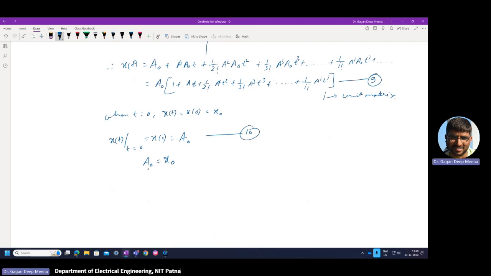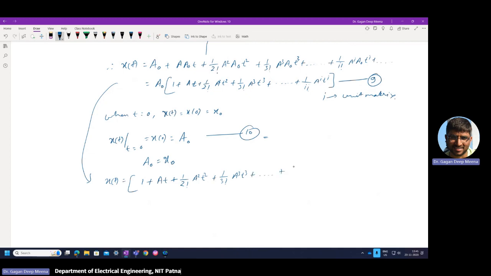The initial condition is nothing but a0. So now if we use this information from equation number 10 and substitute it into the solution of equation number 9, then we will have a reworked form of x of t, which is x of t equals 1 plus A t plus 1 by 2 factorial A squared t squared plus 1 by 3 factorial A cubed t cubed, and on and on,